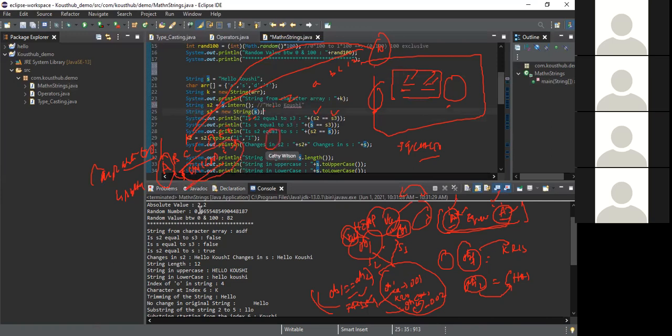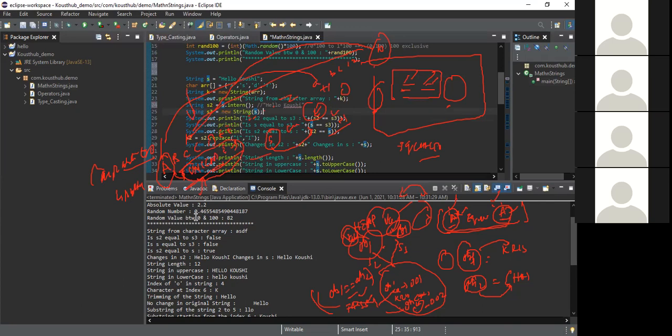So now S1 compares to S2. It will compare and give a value based upon this Unicode. If exactly matched, then it returns 0. If there is a difference, it will print a positive value or a negative value. If you want to understand this, that's an internal algorithm. You need to understand what Unicode is, how the lexicographical thing works and how we start doing the comparison.